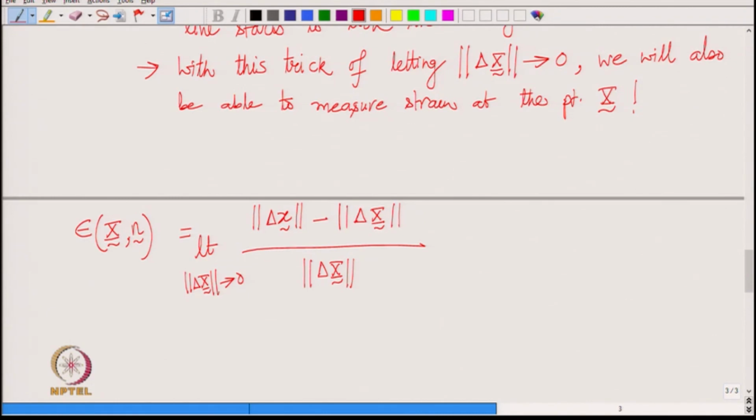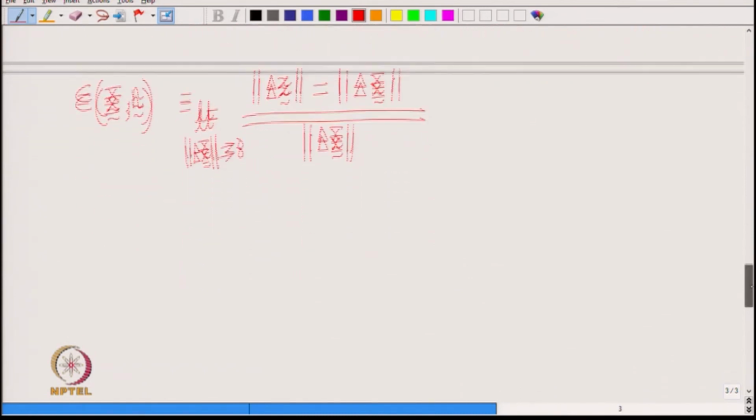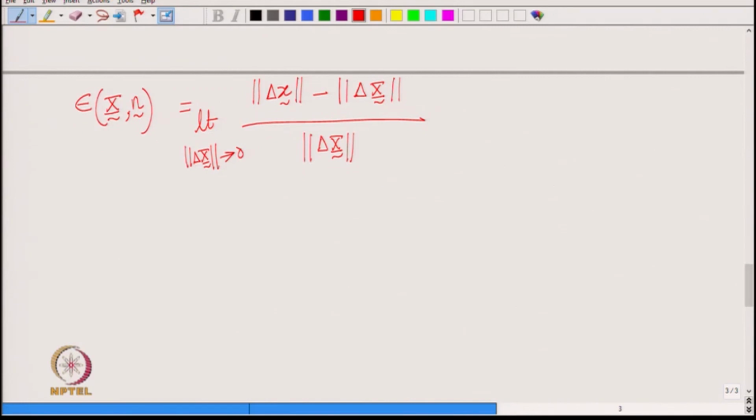So, with this formula you will be able to obtain a strain at the point big X, right. Let us try to obtain that in terms of displacement of the body,